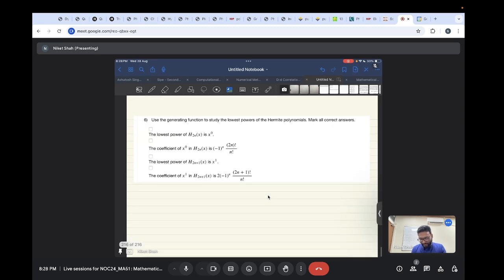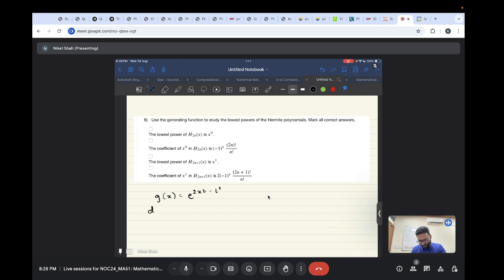So the question is, we have to use the generating function to study the lowest powers of the Hermite polynomials, and we have to mark all the correct answers. Okay, so g of x is the generating function, and g of x is e raised to power 2xt minus t square,